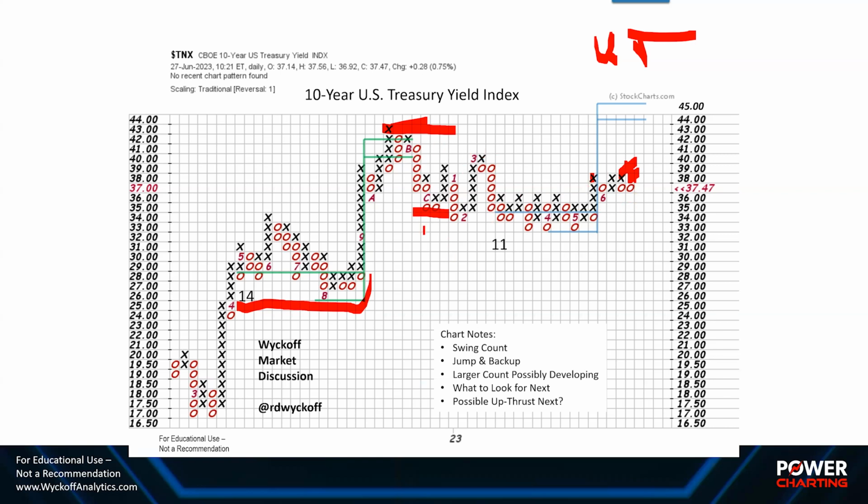After that, building a new count now. If it can follow through here, it could very well make a minor new high. And that could coincide with the Fed. Chair Powell met with all the central bankers, I believe two days ago or yesterday, and I'm recording this on Thursday, and said expect a couple more rate hikes this year, even though they paused at the last meeting. Well, if in fact we do get 2 more rate hikes, it could very well propel the 10-year up to a minor new high.